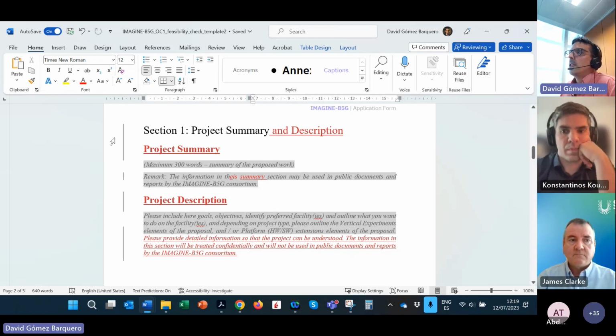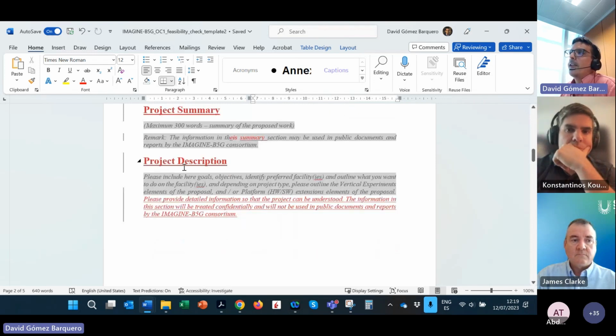So what we will do in this new version of the feasibility check that will be available today is we have a summary, and the idea is that this summary can be used for public documents and reports, and then a detailed project description where you can provide more information, and this information will be treated confidentially within the